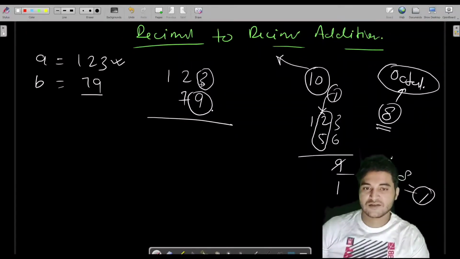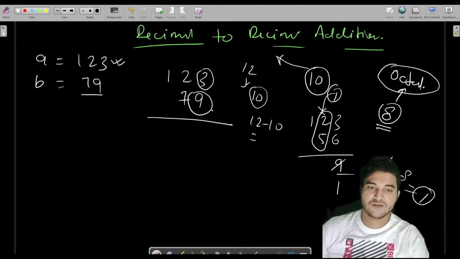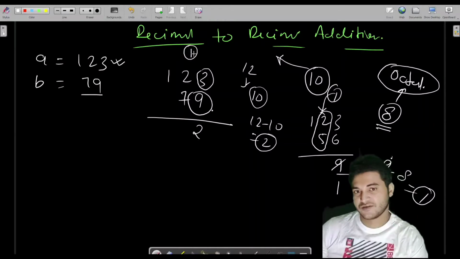So 9 plus 3 is 12, so we will compare whether this is greater than 10. Yes, it is greater than 10. Then we would subtract 10 from this, 12 minus 10, which is 2. Fine. So we would write 2 here, and we would take carry 1.